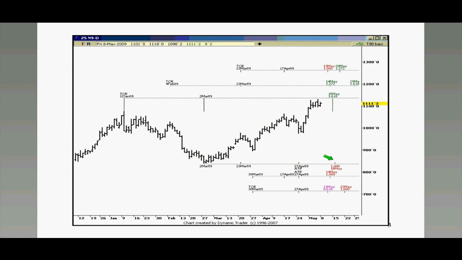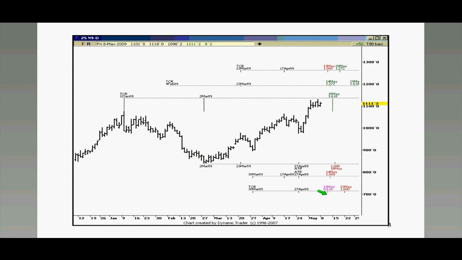I also ran the March 30th low to the April 17th high, so this low to high swing, and then projected from the new low at that time, and that came in on the 14th. And then there was also a cycle of the March 30th low to the April 27th low, and 618 in time came in on May 13th. So you really had a healthy grouping of cycles between May 13th through the 18th with a focus on the